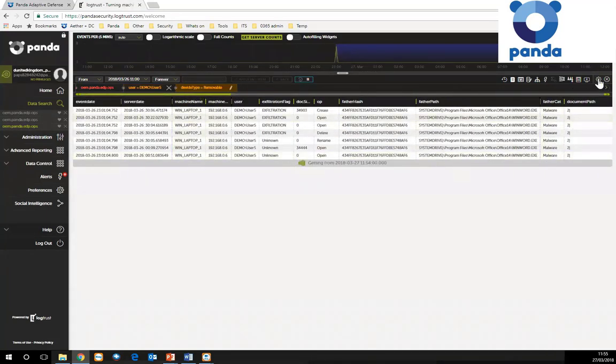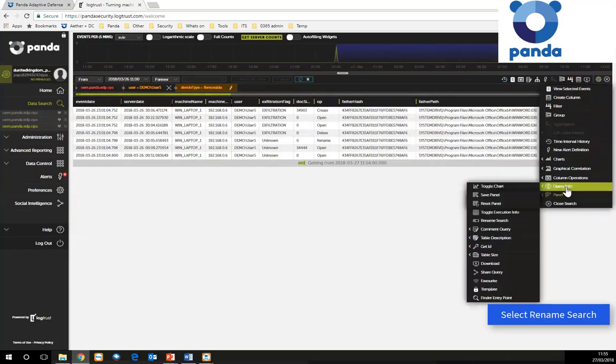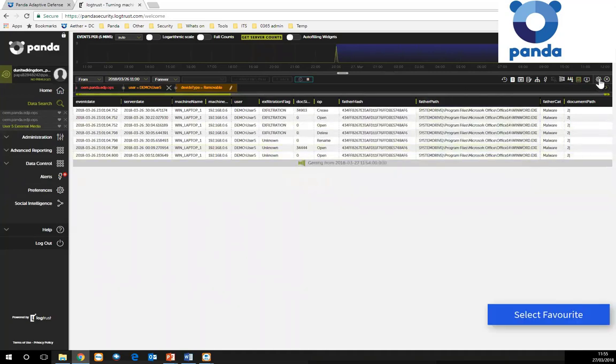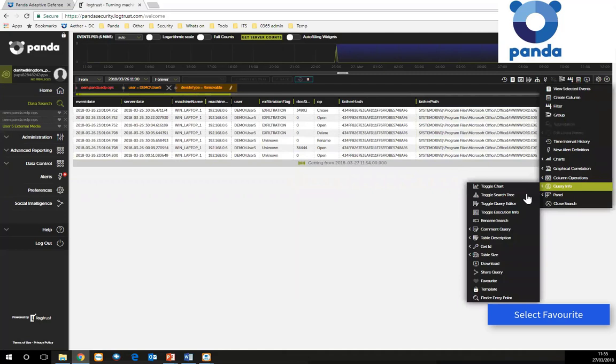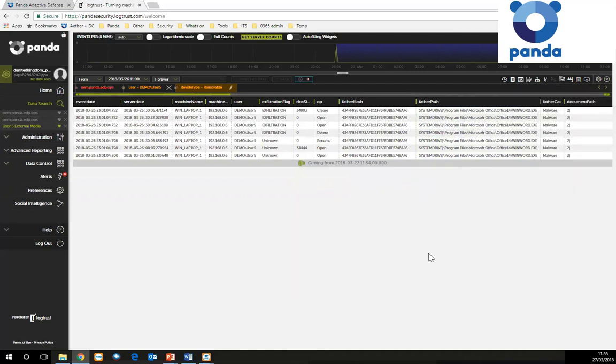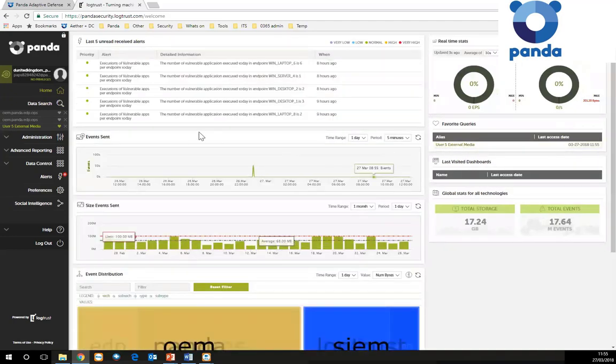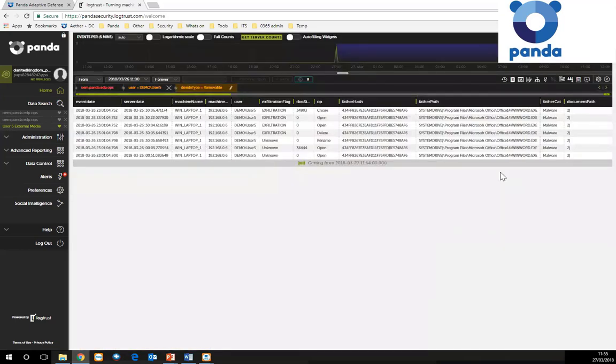Now what I can then do is I can actually go off and save this as a favourite. I'm just going to save that in there quickly and mark as a favourite. And basically what that does, that search I've just defined there, I don't need to recreate that again, because now if I go to my home page, that search appears in the console, and that will stay in there. So the next time you log into the console, you may have already preset your own query. You could just simply click on that, and you see the data that's directly related to that query that you'd set within the console.